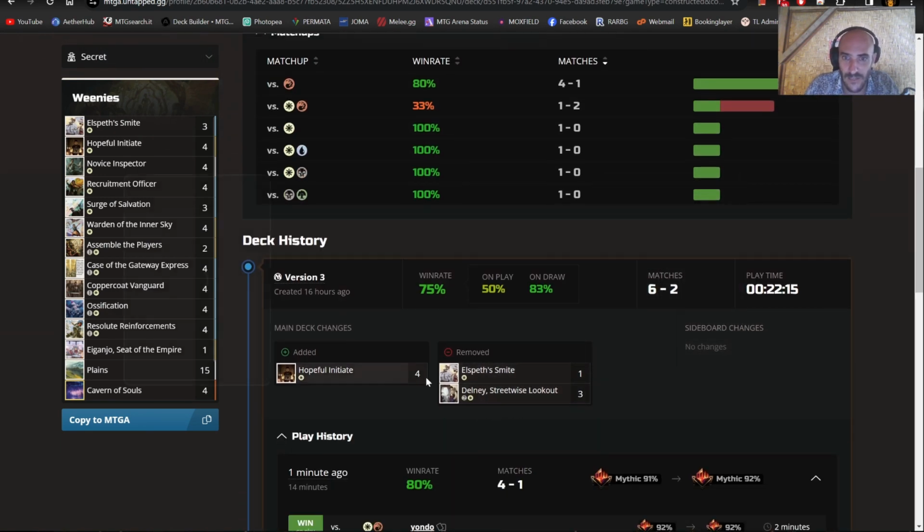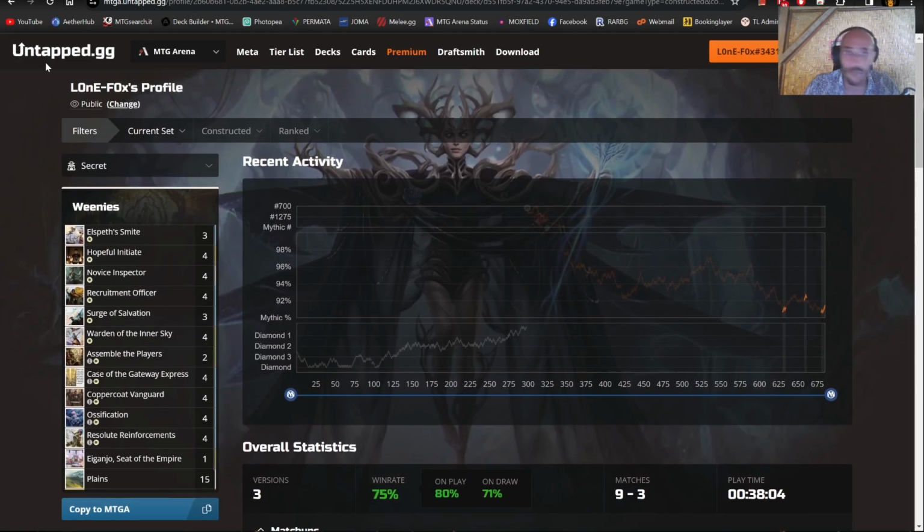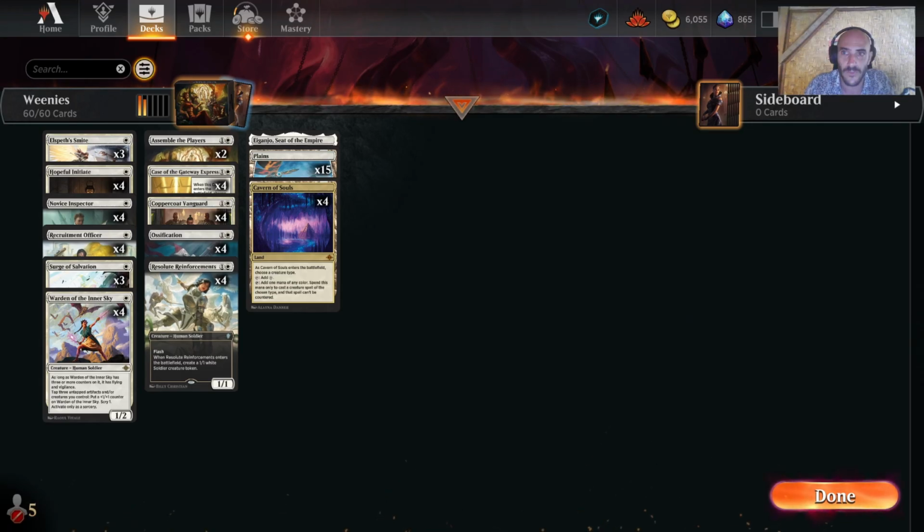I tried the Delny, took it out, and it just kept doing better. So there we go. Make it visible for you guys. Really think there's something to this. So give it a try. Let me know how you would build it, and I will be updating this sooner rather than later, because white has fallen off a little bit. It was the de facto best deck in the format for a very long time. It's now just